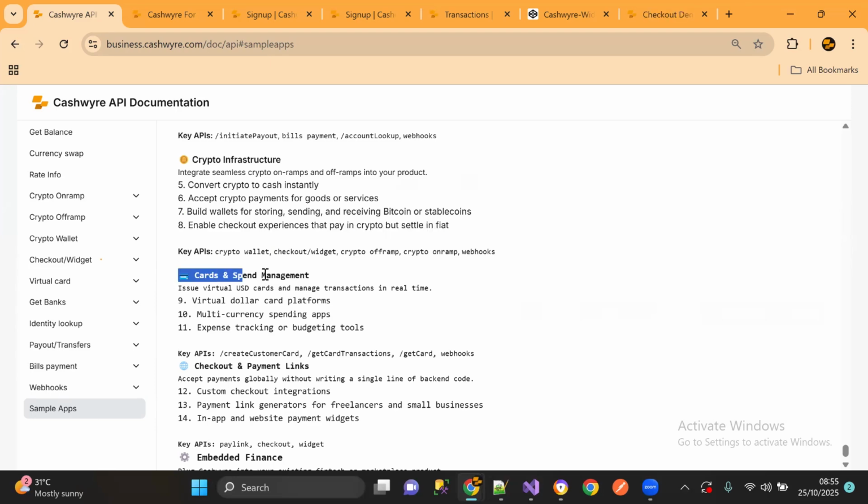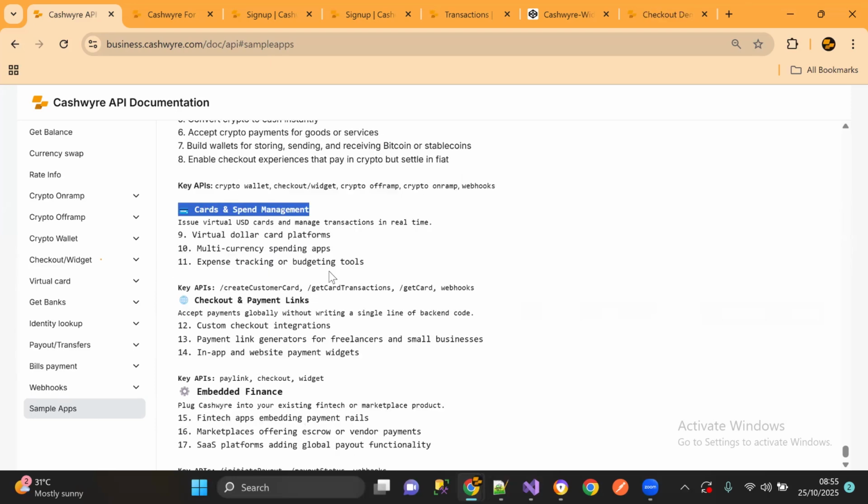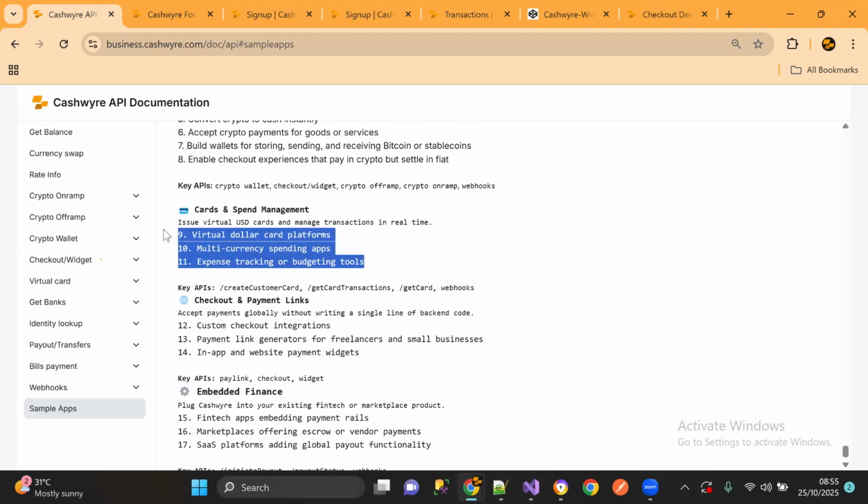Yes. So you can build card-related products, virtual card payment platforms. It can be multi-currency spending apps. There's a business that is doing something interesting with the Cashwyre APIs. They branded it Solana cards. What does it do? Their customers want to create a Solana card, right? What they do is they fund, they